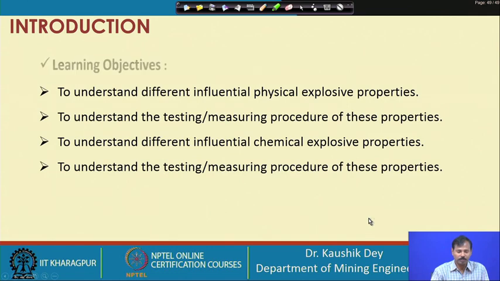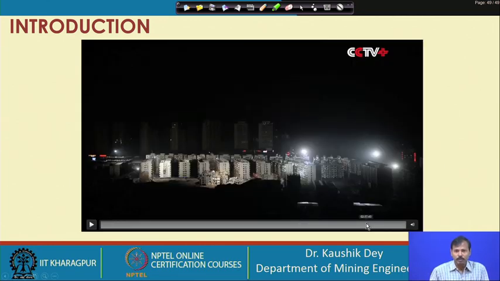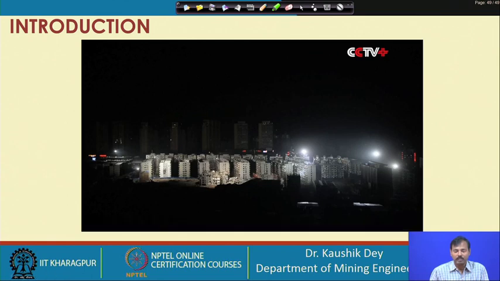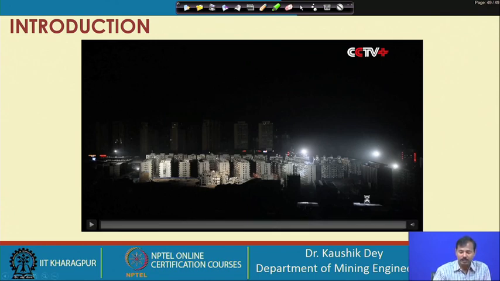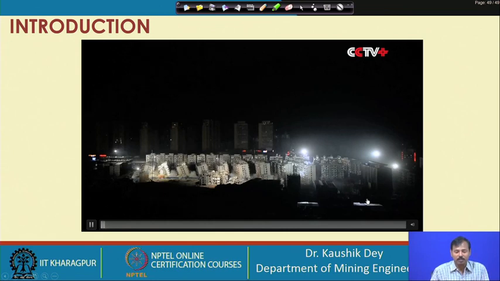So, our learning objective remains the same, that we are understanding the different physical and chemical properties of the explosive, which are required for designing the blast, and their testing or measuring procedures, so that we are able to measure those properties, and accordingly we can modify our design. In this class we will try to understand what are the other properties which have a significant impact on the performance of the explosive, but prior to that let us observe this demolition blasting video, which is carried out